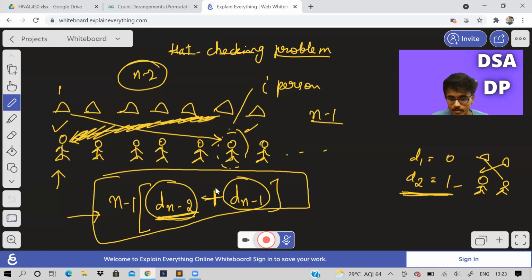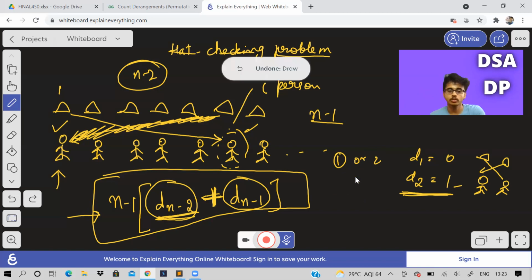So both cases we should consider. Why is the plus sign given here? Because that will be the total number of ways. It is or, right? It can be either the first case or the second. Whenever or is there, it means plus, and and means multiplication.